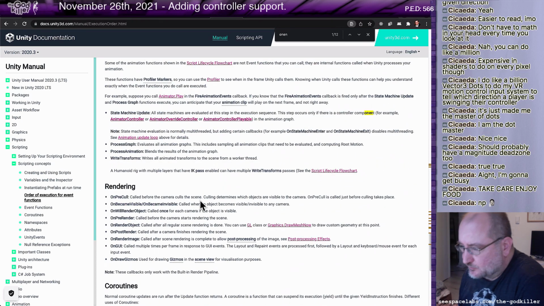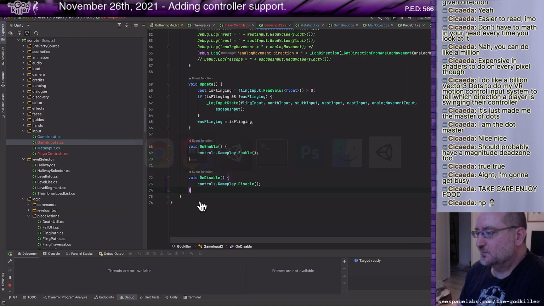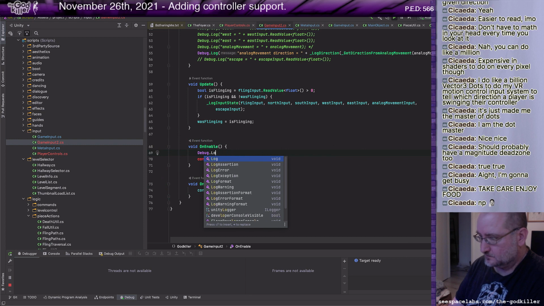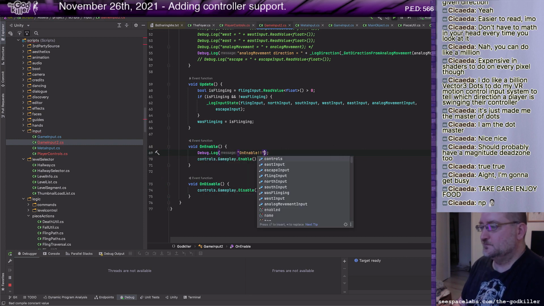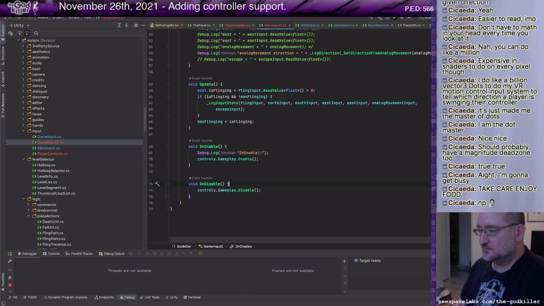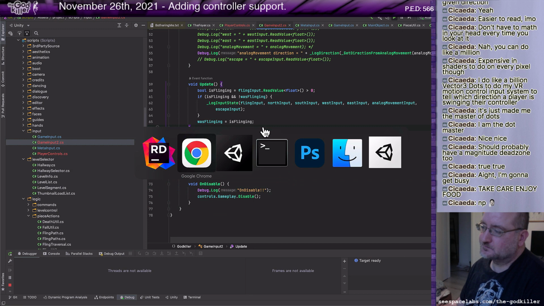Well, there's one way to figure this out. Let's say on enable, and here we say on disable. So I'm doing this test to figure out if I need to have a game object or not, because my preference is always not to have a game object.